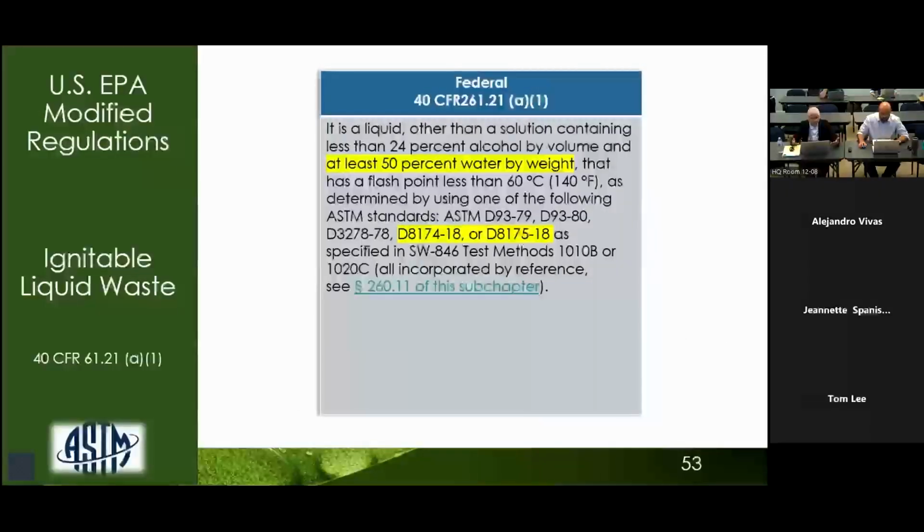Now that we have covered the updates to the analytical test methods, let's move to another recommendation DTSC is proposing in the same subsection, which is clarifying the concept of an aqueous solution. To simplify this recommendation, let's look at the federal updated regulation for determining the ignitability of liquid waste. The US EPA made two key updates that we discussed earlier in detail. First, they clarified the alcohol exclusion by replacing the term aqueous solution with the clear requirement of at least 50% water by weight. Second, they updated the test methods.